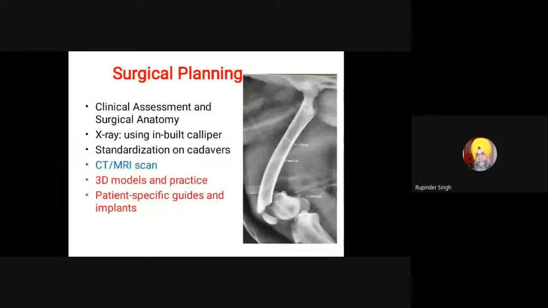We use digital radiography, and we use the inbuilt caliper. This is of great use for us. This is a simple technology. The inbuilt calipers tell us about the thickness of the bone at various regions. Similarly, for the hollow portion of the bone, which is known as the medullary canal, the central portion of the bone, we can check the diameter. Based on it, we choose the implant. We use the pin, plate, or interlocking nail, depending upon the size of that medullary canal.